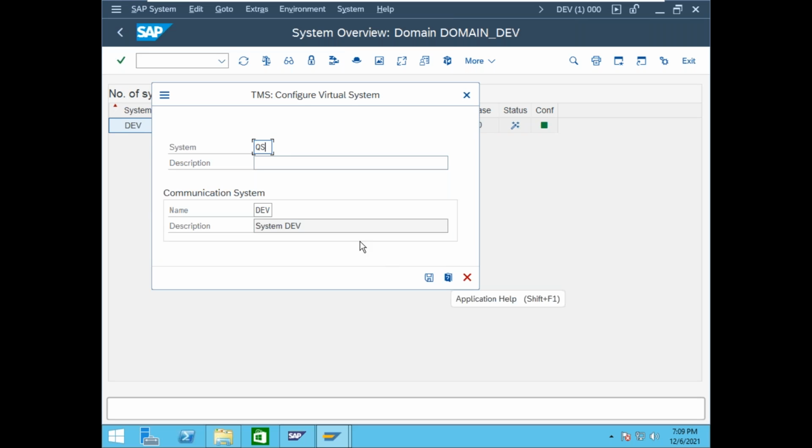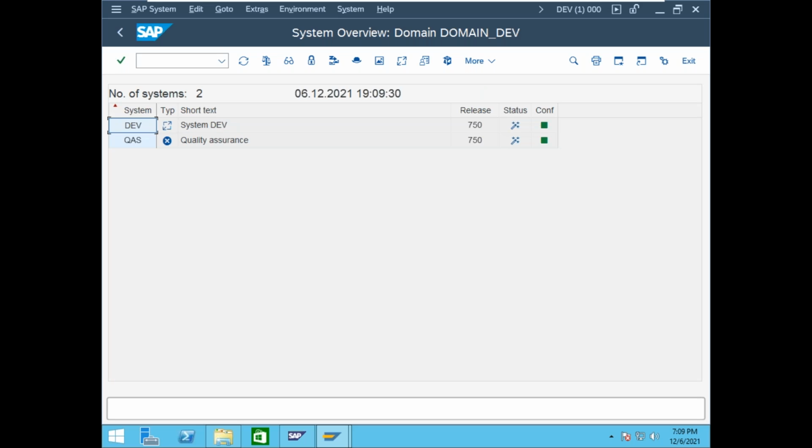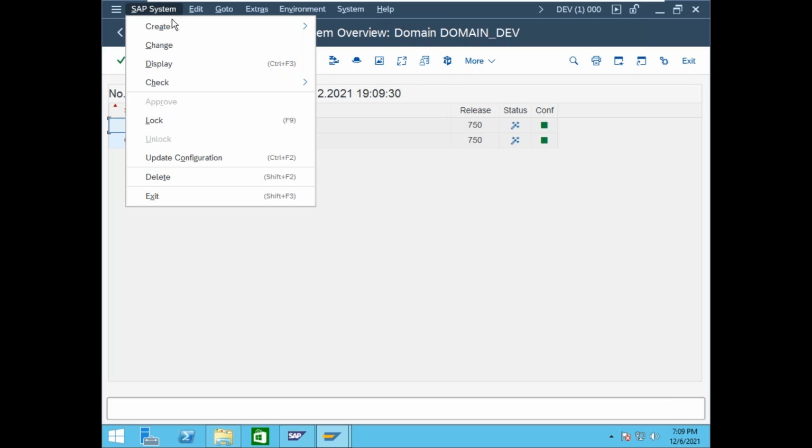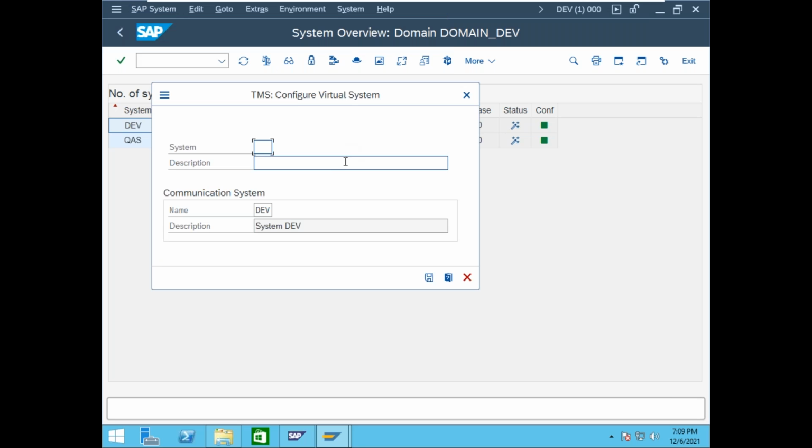Suppose QS is the shortcut. It is quality assurance. Save. Now SAP system, create virtual system.